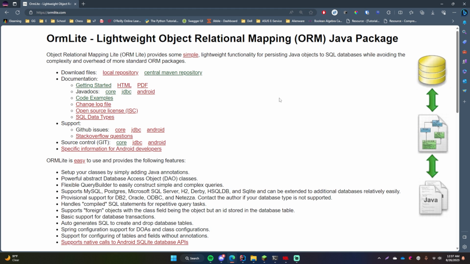And this is a very popular Java library that you can import into your project, which makes your life way easier, okay? So hopefully you've seen my other database videos where I show you guys how to connect to a MySQL database or a SQLite database inside of your Minecraft plugins. And the way we do that within the code is by using something called JDBC, the Java Database Connectivity API, which is directly built into Java. But it's very low level compared to what other things you could be doing.